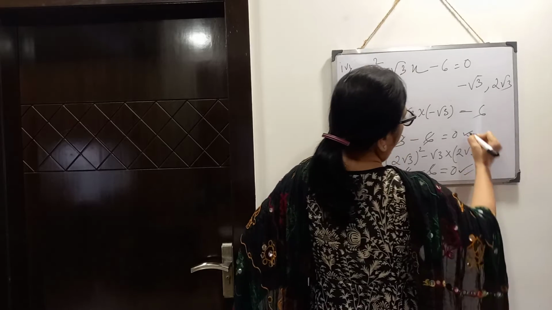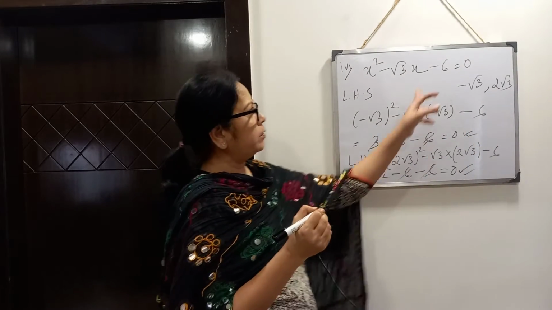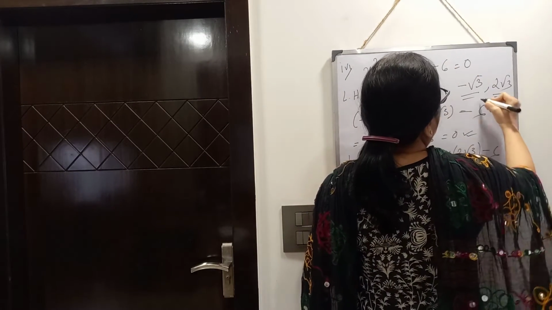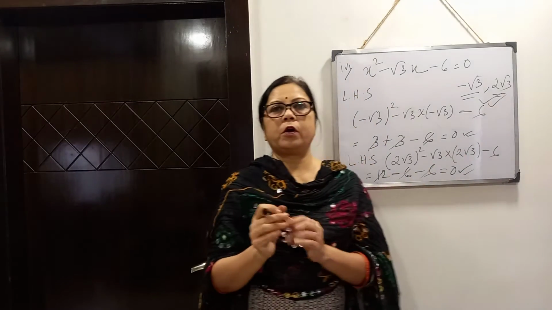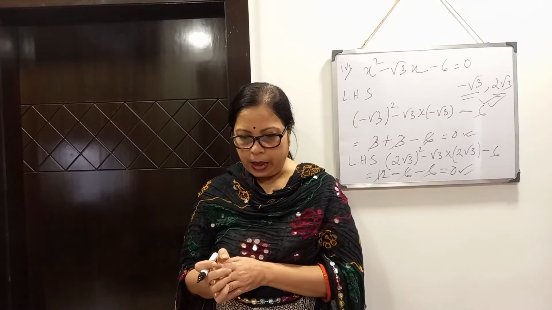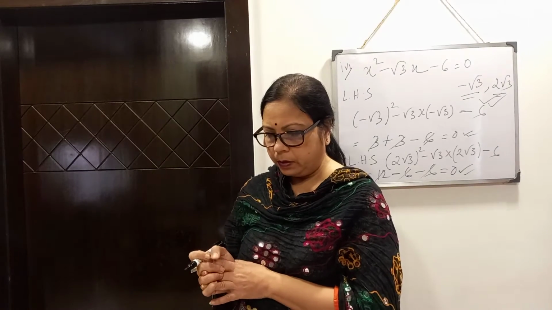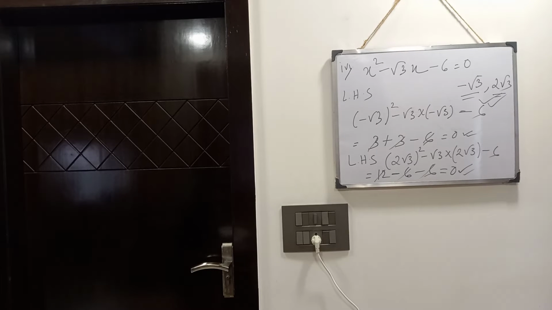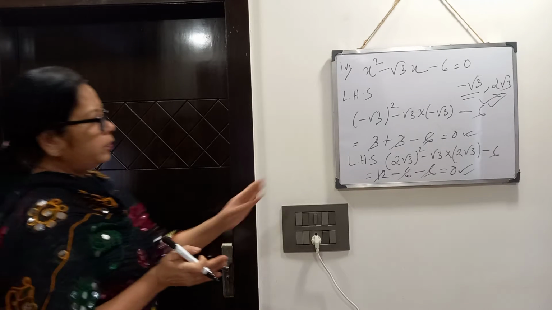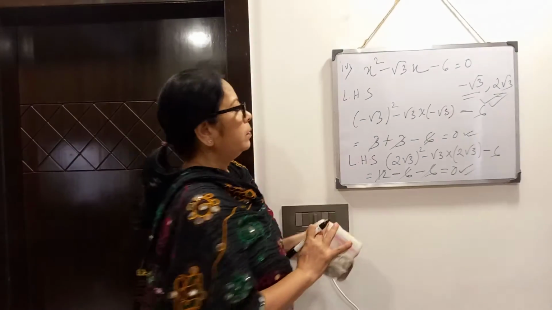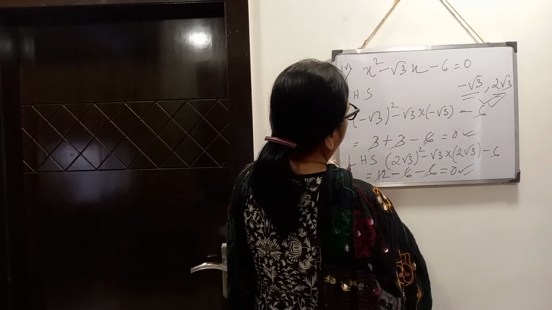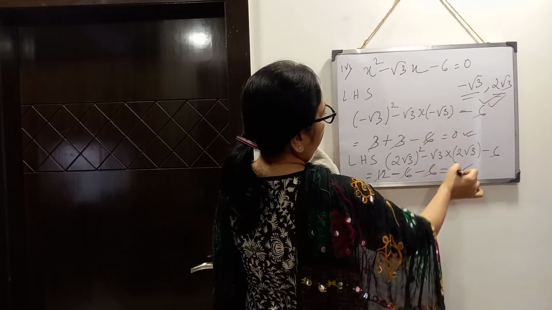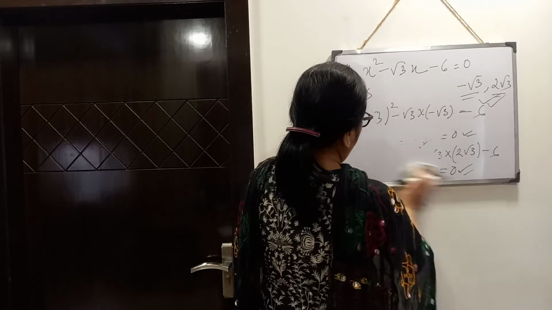So okay. In both the cases, it is coming 0. Right hand side is coming. So both the roots are satisfying the given equation. So in this case, these are the roots of the quadratic equation. Clear? And number 3, just put the values and you will see. Now you see what I have done. I have just put the values and see, in this case both the roots are satisfying the given equation. Now next one.